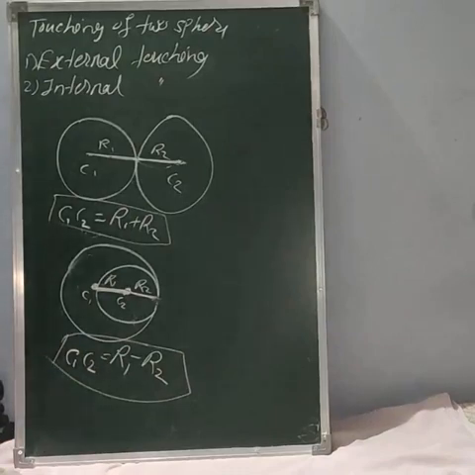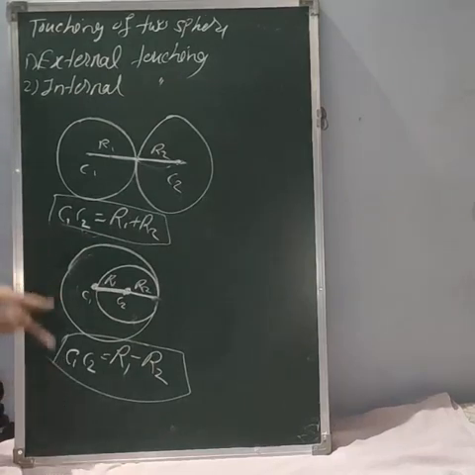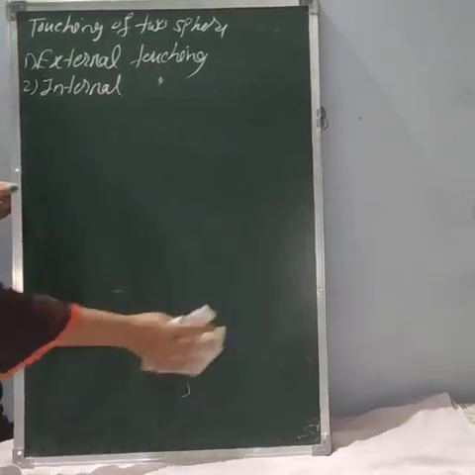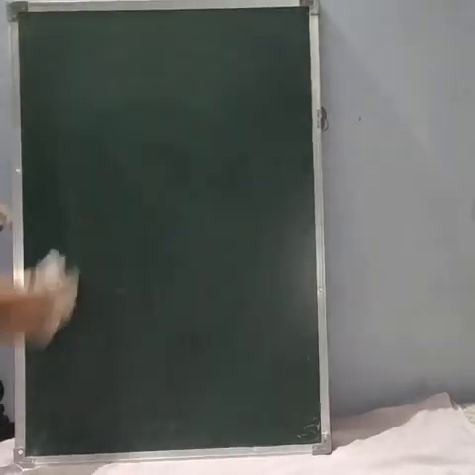They can ask the question: show that the given equations of spheres touch each other externally, or show that they touch each other internally. So they can give any two spheres and ask you to show whether they touch internally or externally. If they say internally, use this condition. If they say externally, use this condition. If it is satisfied, then the given spheres touch internally or externally accordingly. Okay, so let us see the example.